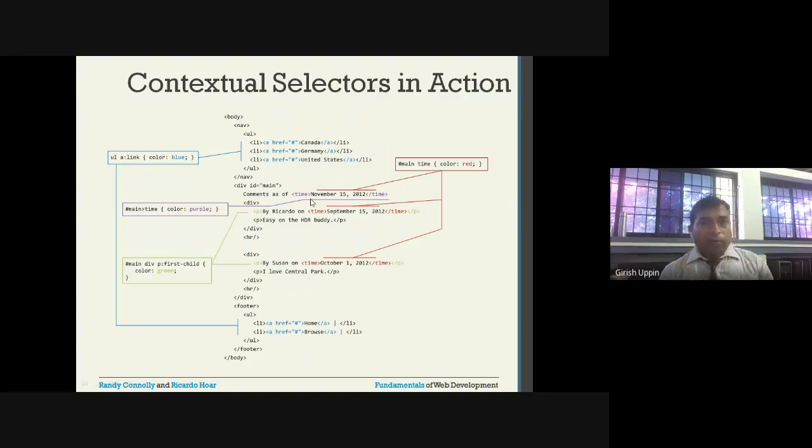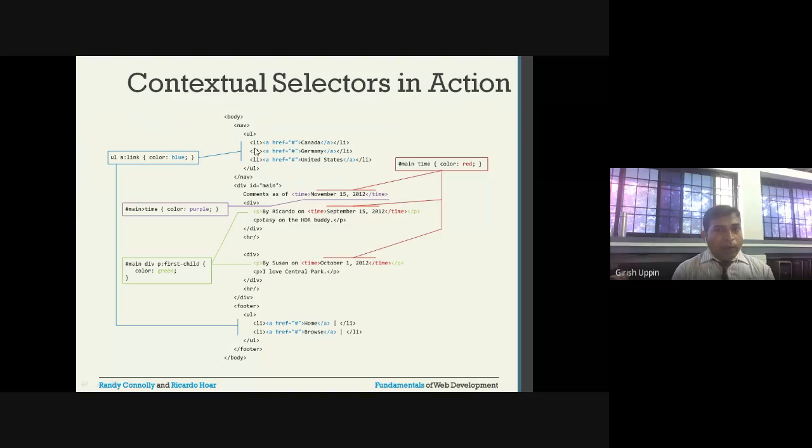So this example we will see. In this example, we'll just go through this. Then I have the code. I will show you that. So I have a body here. Body starts here. Body ends here. Inside body, from here to here, I have a block. Nav is used as a container where you want to have all the link navigation. Then inside nav I have ul, that is an unordered list.